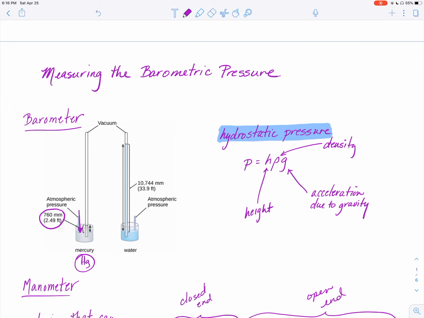However, how we calculate that height is based on this equation over here that's called the hydrostatic pressure equation. How you calculate that hydrostatic pressure is a product of the height times the density of that substance that's in that tube times the acceleration due to gravity, which is a constant of 9.81 meters per second squared. And if you look at the density of mercury, which is about 13.6 grams per milliliter,